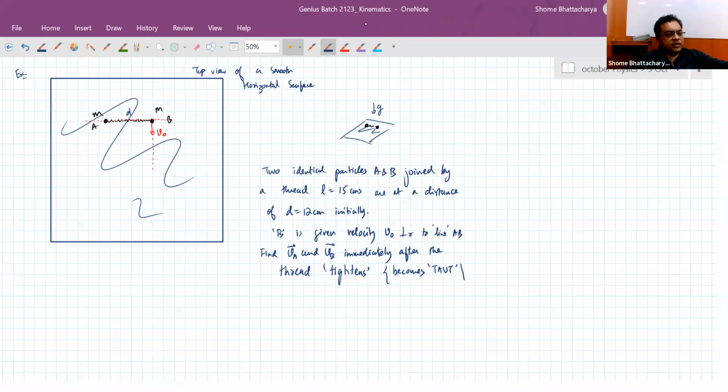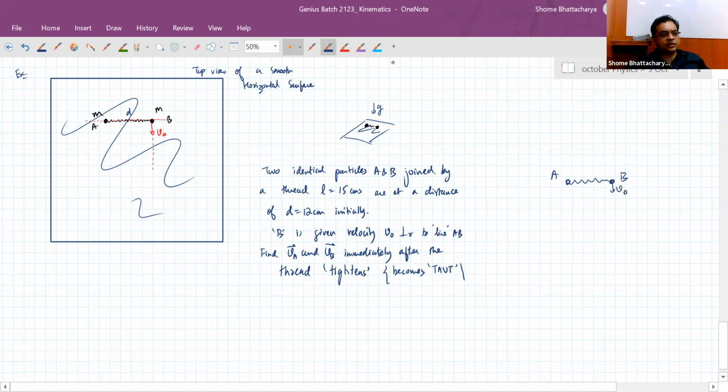Okay, so just let me hint at the concept first. Then you work out the numerical thing yourself. So see what is happening now. As long as the string is loose, there is not going to be any impulse acting on A. So its momentum was zero initially, it will remain at rest. If B is set off with a velocity V naught at time t equal to zero, and after some time B has reached here, but still the string is loose, nothing is going to happen. It's going to continue with V naught.